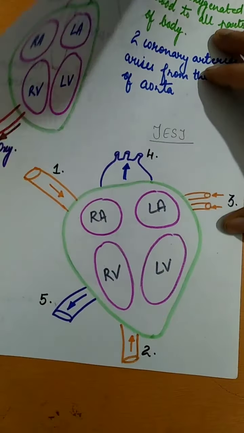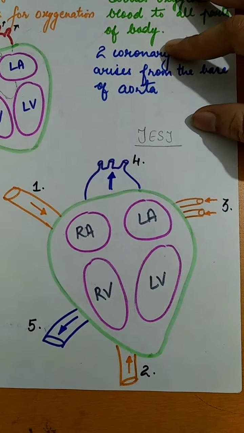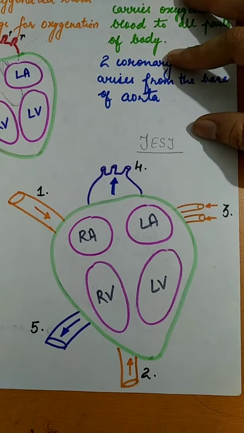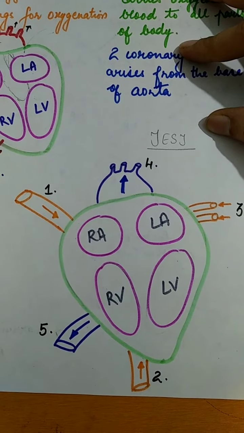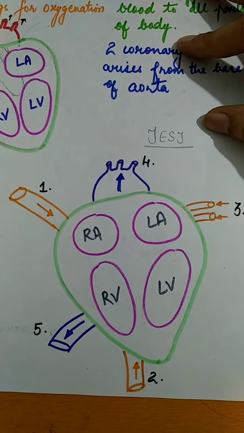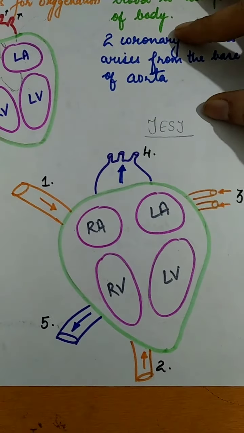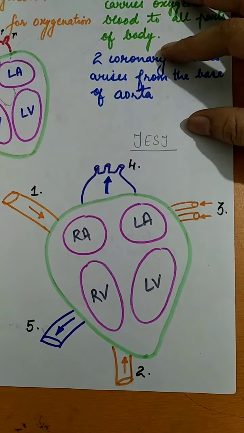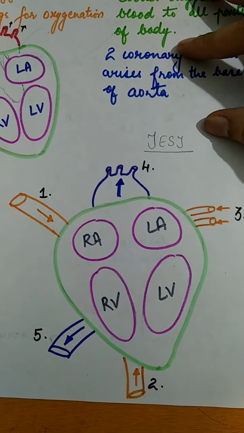This is the test diagram for you, in which you have to label the blood vessels 1, 2 and 3. I have drawn the arrows for your help, so that you can understand that these blood vessels are entering the heart. Blood vessels 4 and 5 are leaving the heart. If you have gone through the video carefully, I think you'll be able to label them properly.